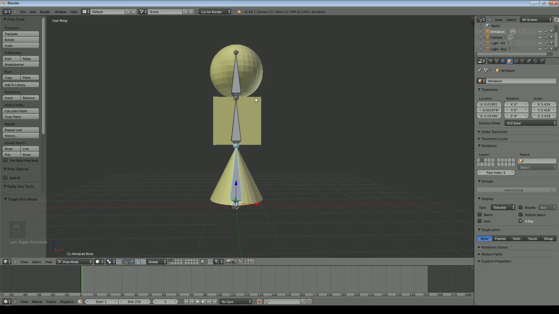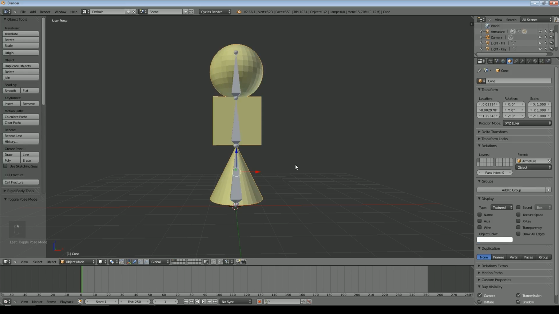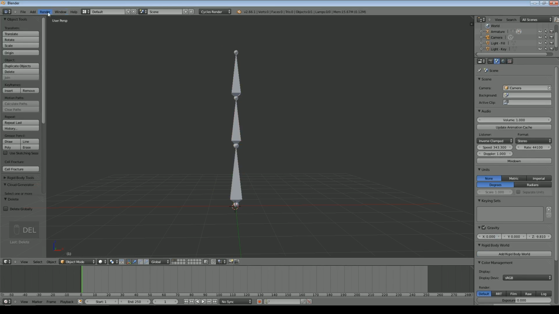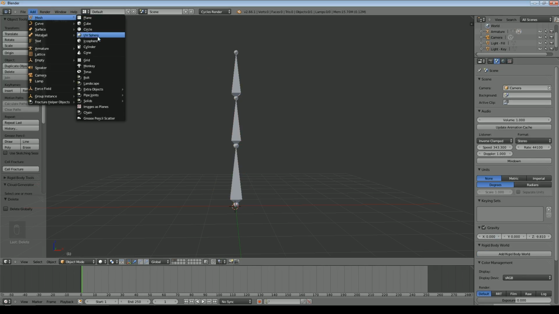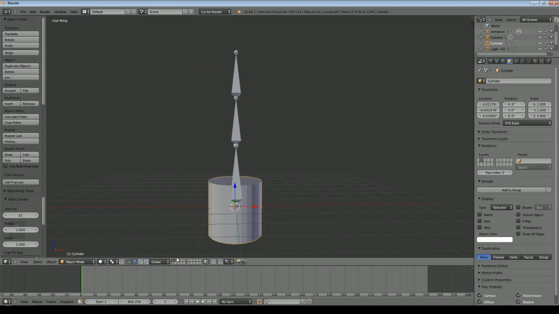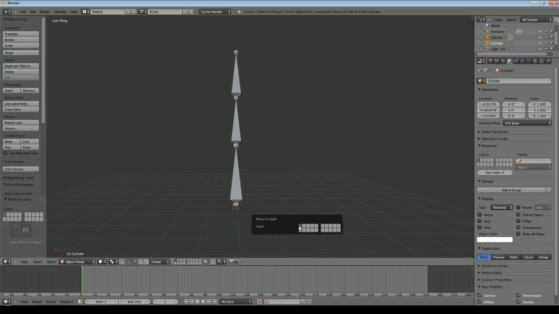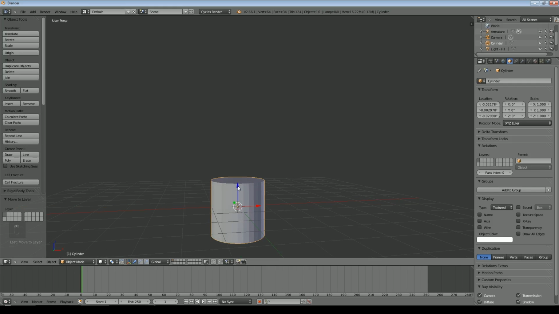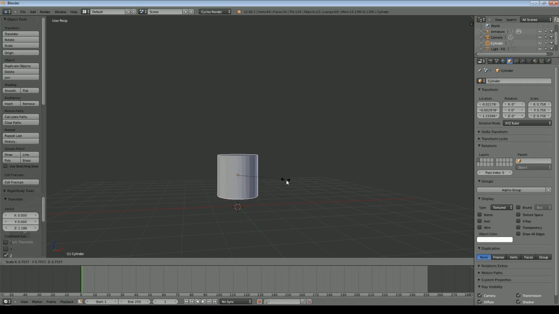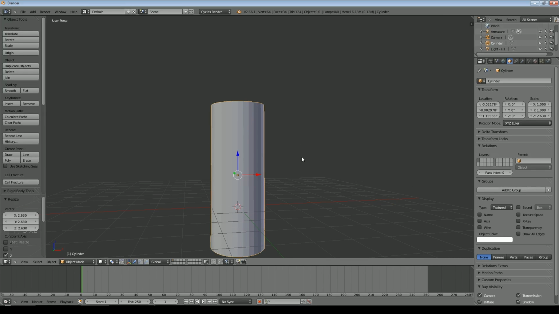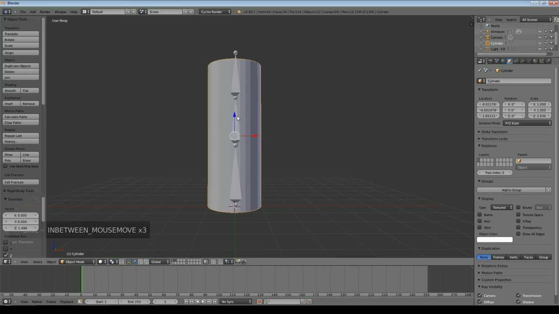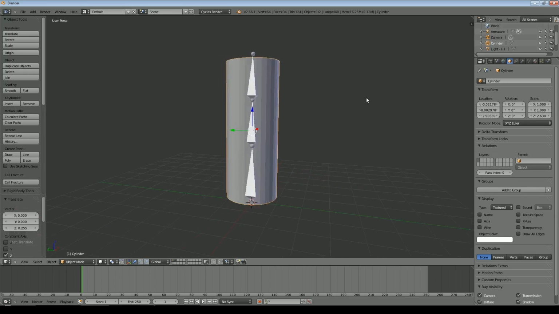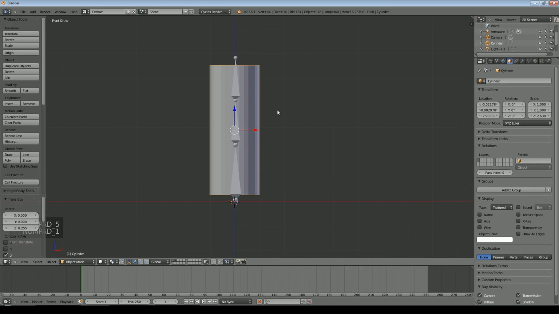However, we don't necessarily have to have separate shapes. So if I delete this object now, and we'll add a new object, and we'll make this a cylinder. So I'll just make sure it's in the separate layer, just to make things easier, and we'll scale it up on the Z-axis. That should roughly do it, so we'll bring in the armature layer again. If I go to orthographic, we can see a bit more clearly what we're doing.